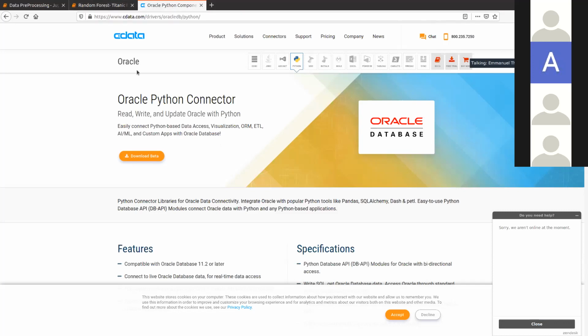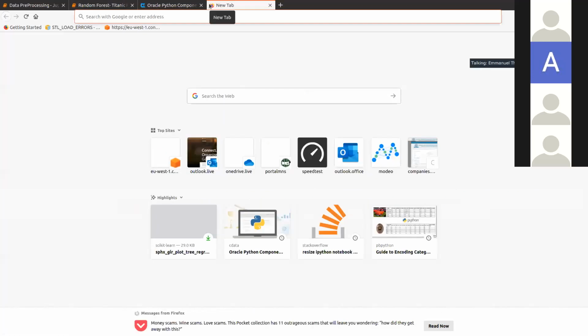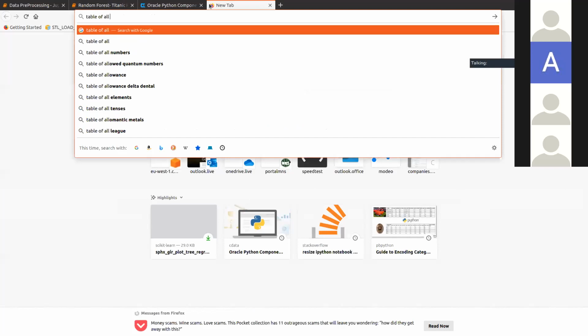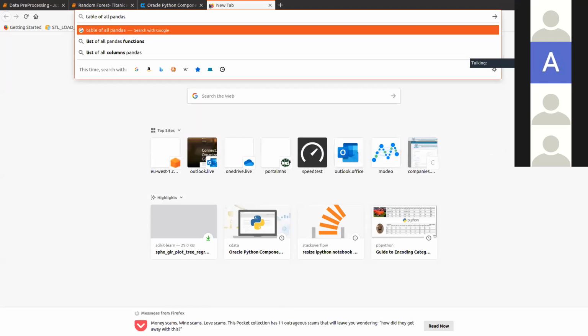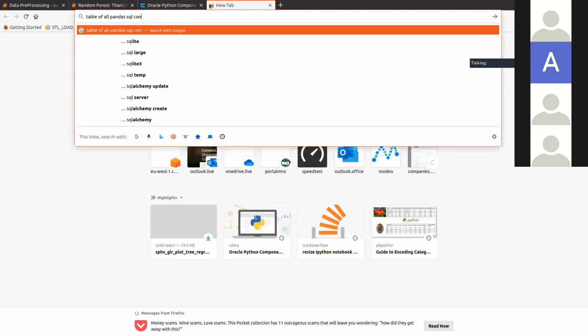You just have to download all the connectors necessary. And I don't know if there's a table of all Panda SQL connectors.